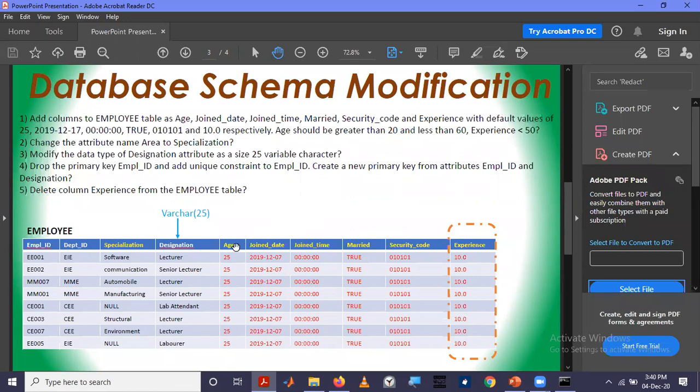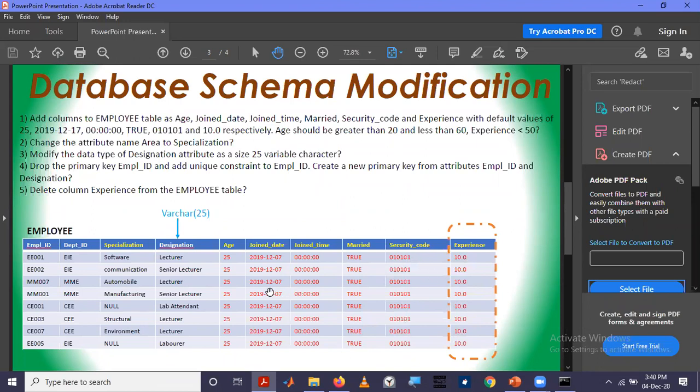For example, for age, we have to give a default value of 25. And for join date, we have to give this default value. For join time, this one. For the merit attribute, this one. For security code, this default value. And for experience, this default value.